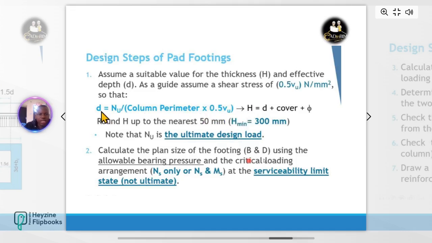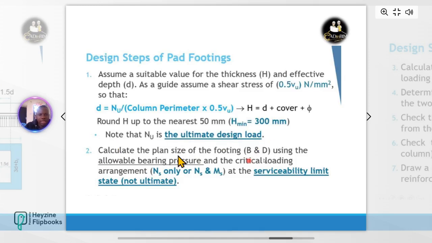So this is the formula for calculating the effective depth. And then round H. H will be equal to D, this effective depth which you calculated here, plus cover plus the diameter of the bigger rebars, the main reinforcement rebars. So if you add that, you get your H as this minimum, and then note that